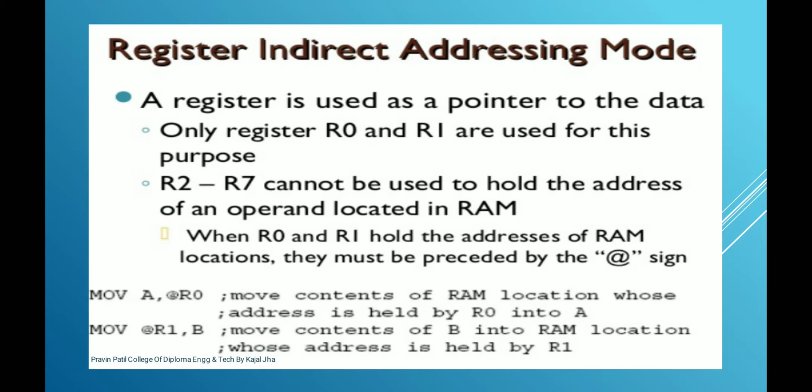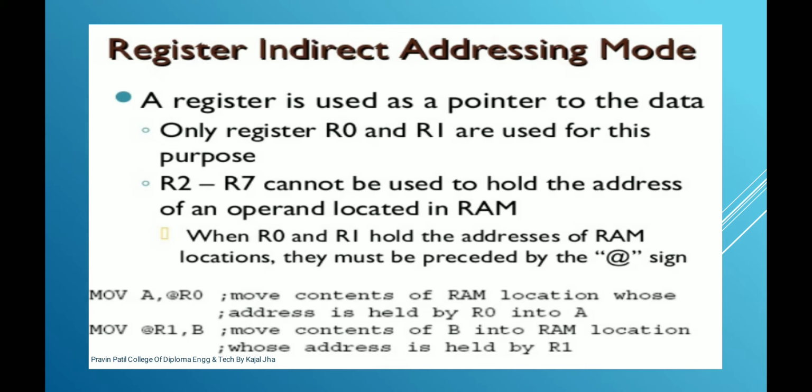Indirect addressing is a very powerful addressing mode which in many cases provides an exceptional level of flexibility. In this addressing mode, only registers R0 and R1 are used as a pointer for the indirect operation. We don't use R2 to R7 for this operation. The register points to the memory location from which the required data can be read or written. Using this addressing mode, one can access data from the internal and external data memories.